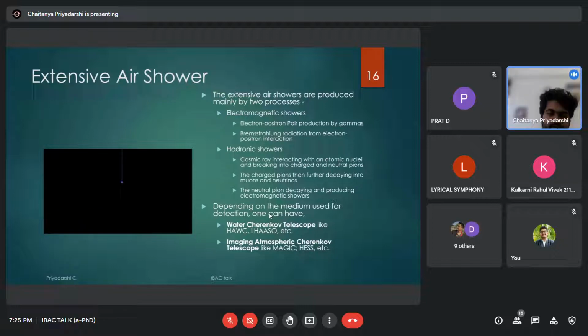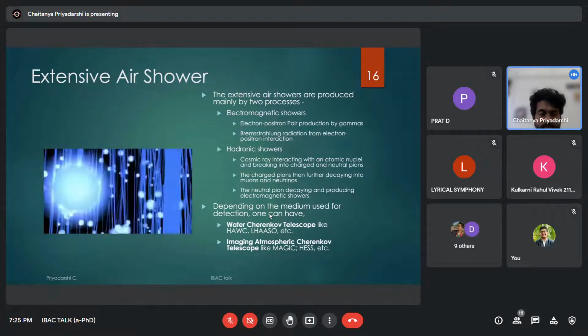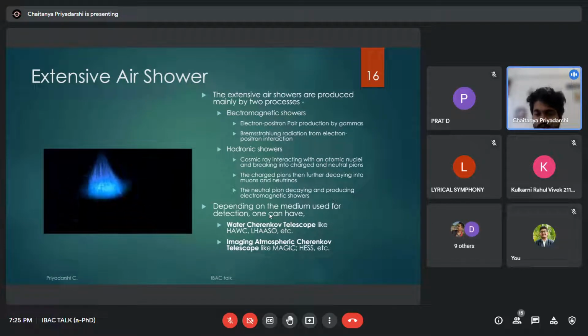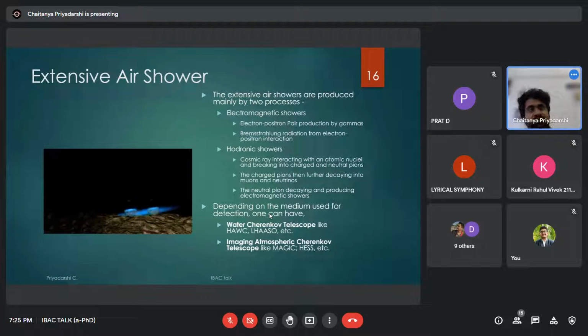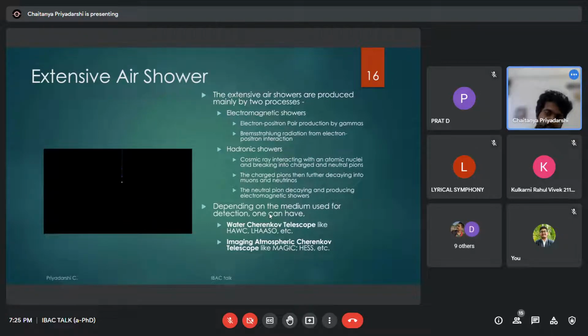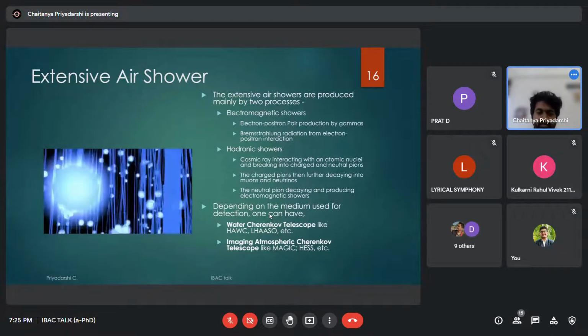Whereas if this is observed in a large water container, we call them water Cherenkov telescopes. They are like HAWC, LHAASO, etc. For such water Cherenkov telescopes, you basically need a large amount of water containers. This is almost similar to how neutrino telescopes work, but with that, you can have a large area of detection,